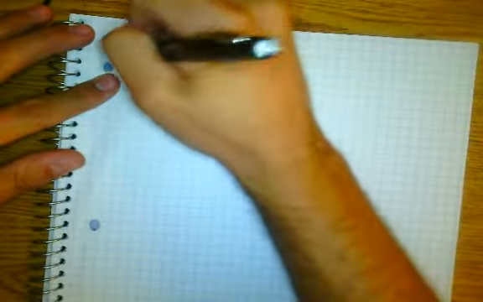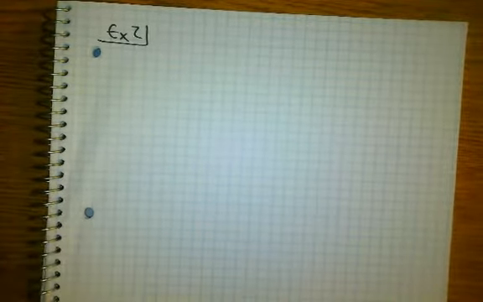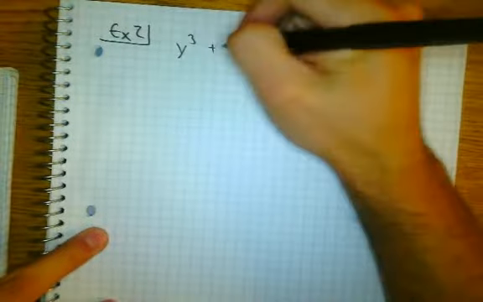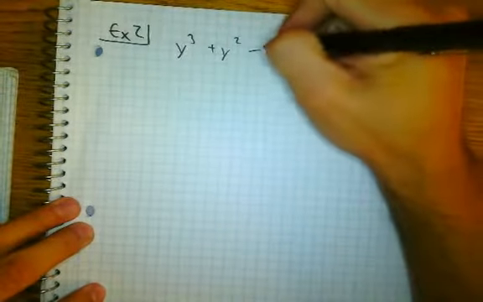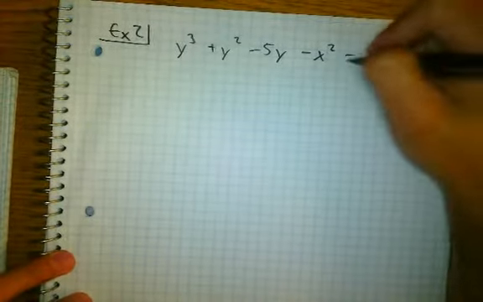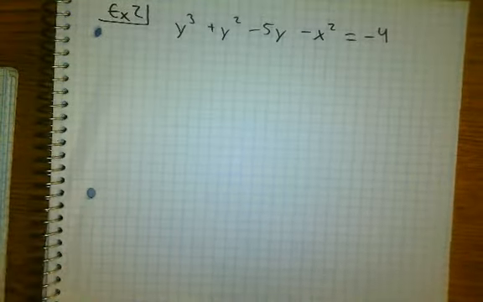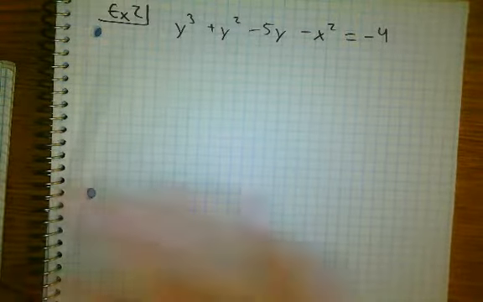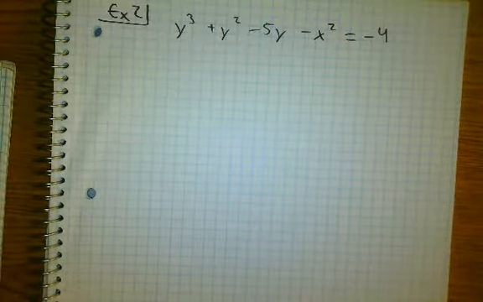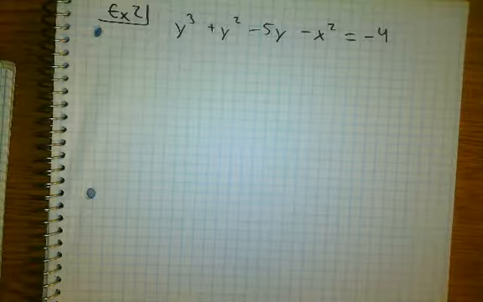So next example. Example number 2. Let's start out with y to the third power plus y squared minus 5y minus x squared is equal to negative 4. Okay. You don't need to figure out what this is. You don't need to graph it. There's no need for you to do all that. But I hope that right away you recognize there's no way that you can get this to be y